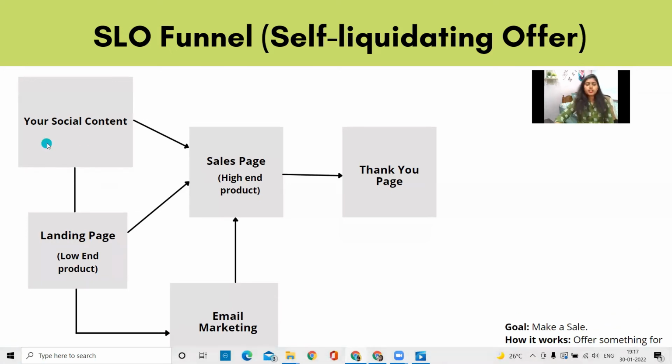You offer something for low ticket first. Basically same way, you have your social media presence, maybe on YouTube, maybe on Instagram, etc. They come to your social presence, they consume your content. There you offer something for low ticket first. A low ticket is a product maybe for 499 or 999, and linked to it there is a high end product, which is called a high ticket product, a bit more expensive, maybe 8,000, 7,000, 10,000, 12,000. Of course, if you initially sell someone the high end product that is maybe 25K or 12K or whatever, they are not going to purchase it.